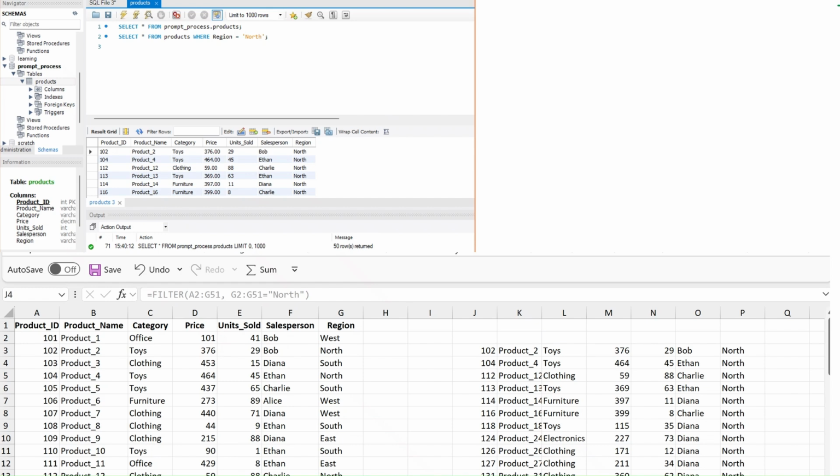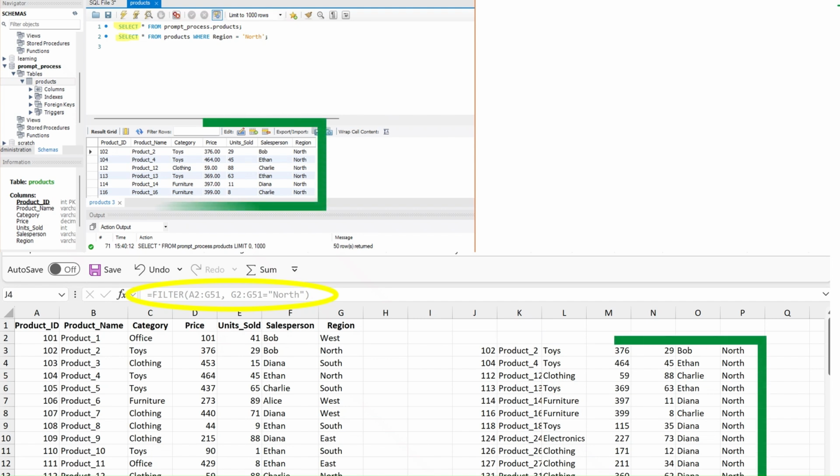In MySQL, we use SELECT to do that. You can see the filter and select in the yellow highlights. Then in the green highlights, you can see it pulled exactly the same thing from the columns in Excel and MySQL. The same thing was pulled using SELECT in MySQL and FILTER